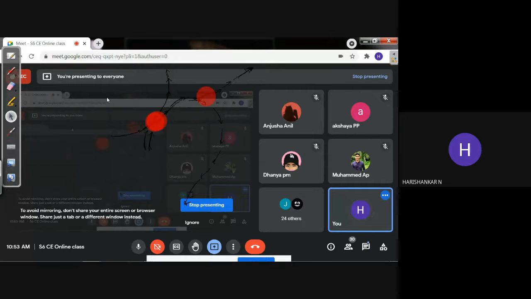So what is happening in a rotary? First of all, every vehicle will enter into the rotary from the left side. The vehicles are moving on the left side of the road, and the vehicle will enter into the rotary, and then it will go to the inner lane. Within the rotary you can see two lanes, an outer lane and an inner lane.